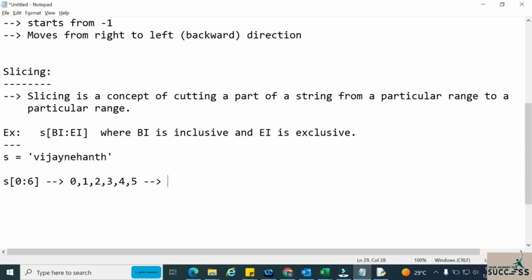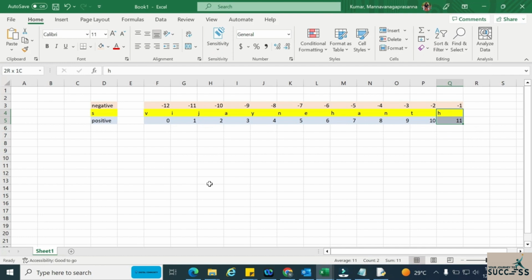Okay, now let us build the output. So let us see what is the output here. 0, 1, 2, 3, 4, 5. So V I J A Y N. Okay, so this is my output. Let me show you this in